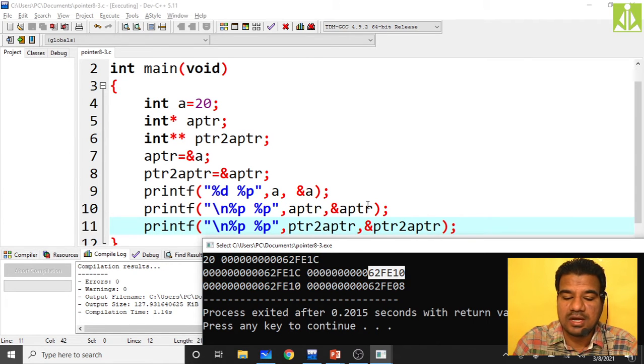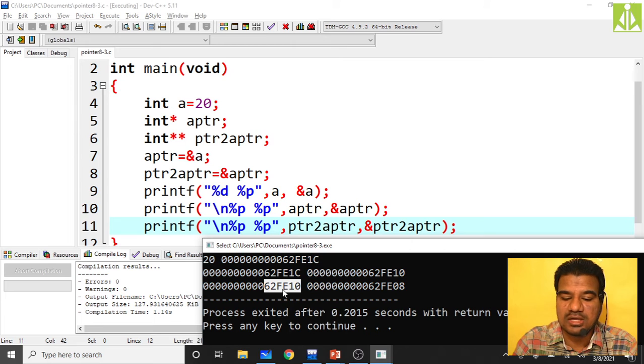To store the address of APTR, we have declared another pointer, PTR to APTR. Inside PTR to APTR, we are storing the address of APTR.